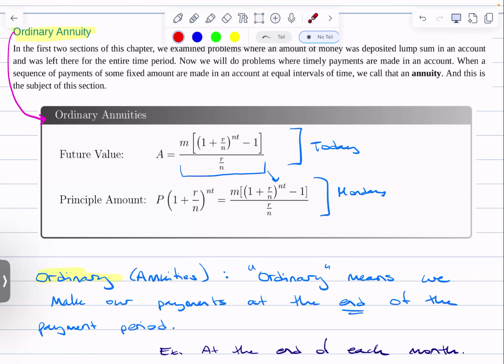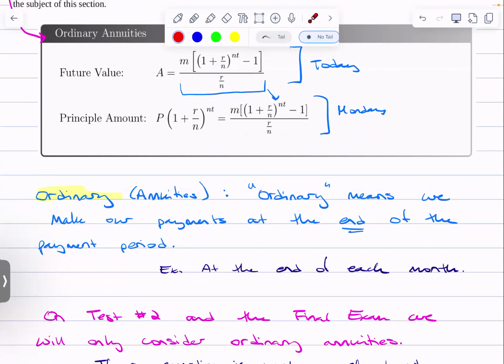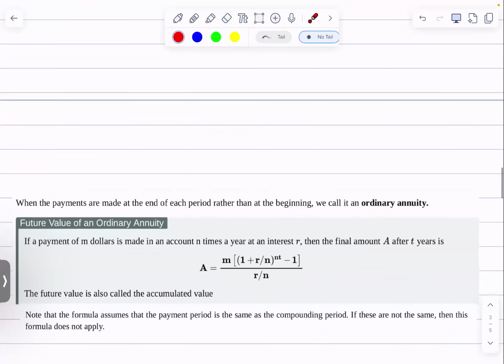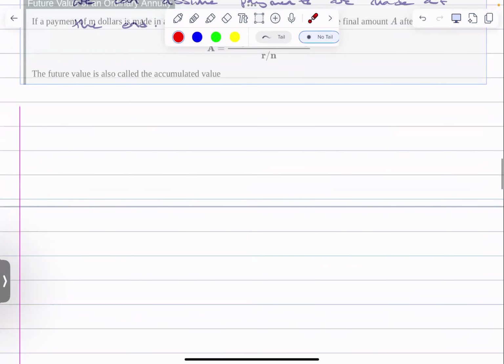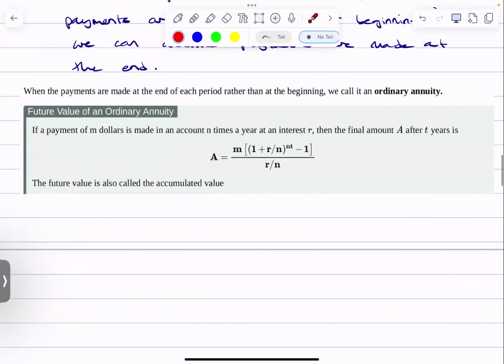Okay, so ordinary annuities. We're making regular payments. Okay? And the formula that we'll use, let's see here. I'll bump this up here. This will be the same as what's on your formula sheet, right? But we introduce a new variable, m, a lowercase m. Okay? So if a payment of $M, okay, so that regular payment, let's say you're paying $300 a month for